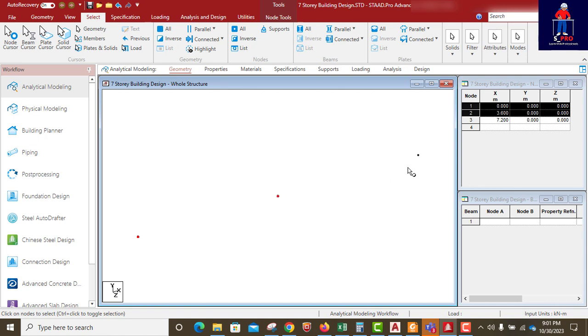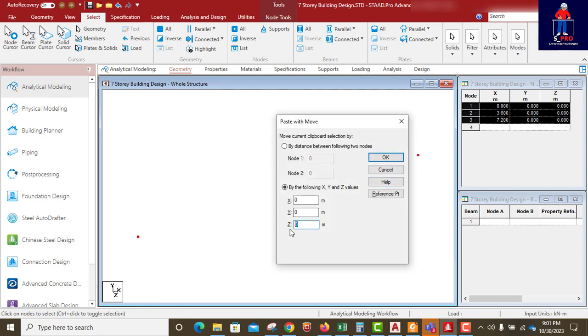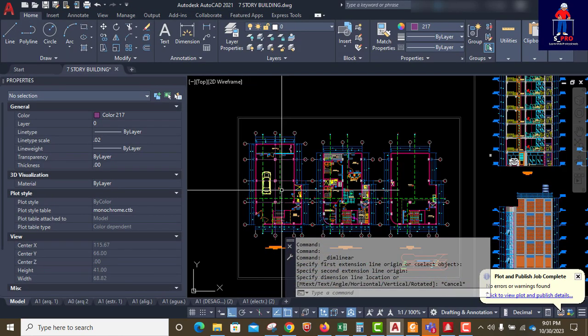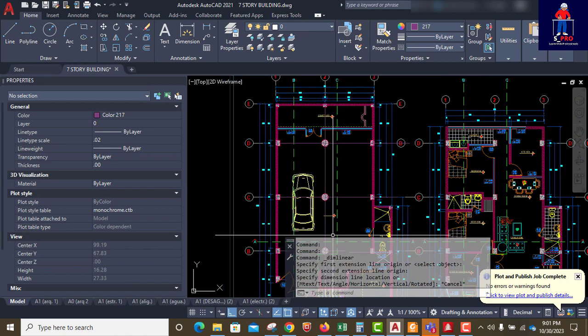Hold the Ctrl C, Ctrl V. 2.83 Z direction. Okay, then we go back for this other one,